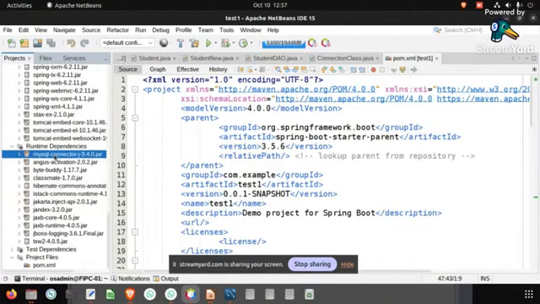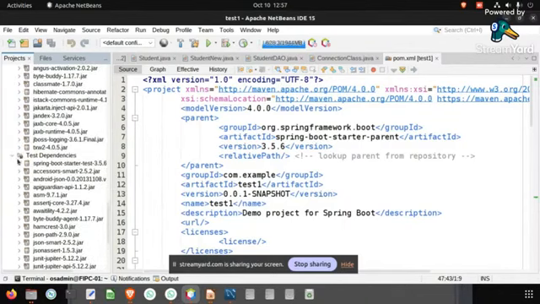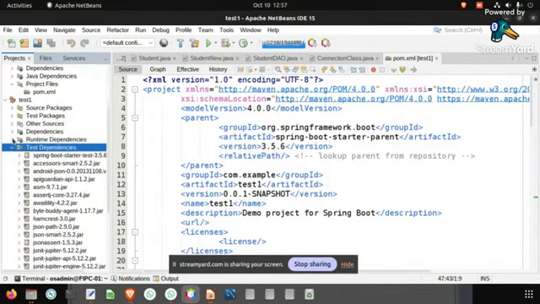See here, MySQL connector is added. Runtime dependencies, it has added MySQL connector because we have added it there, correct? All these things are added here. Yes, is it clear? So this is the advantage of using frameworks, and we are going to learn about this